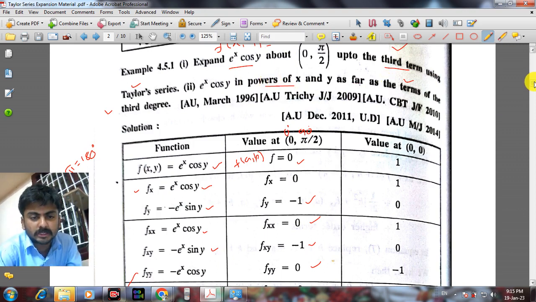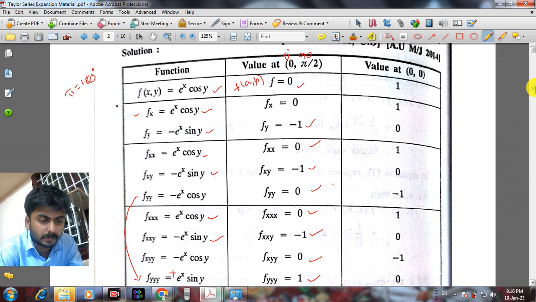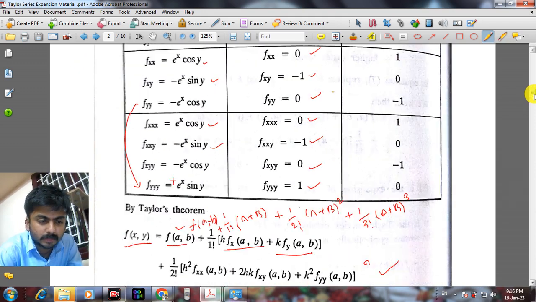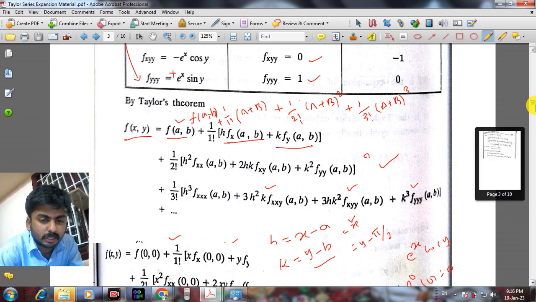So since the points are not mentioned, we are taking a comma b as 0 comma 0, finding all the partial derivatives and values as we did in the previous subdivision,